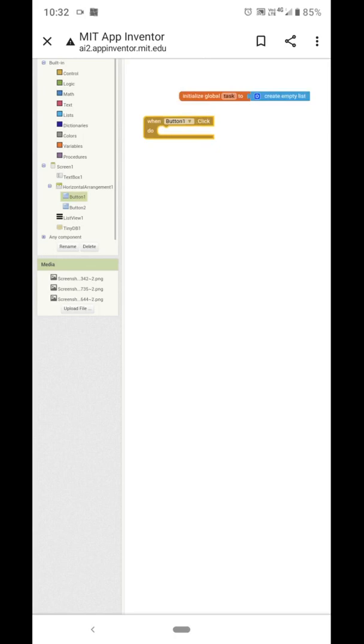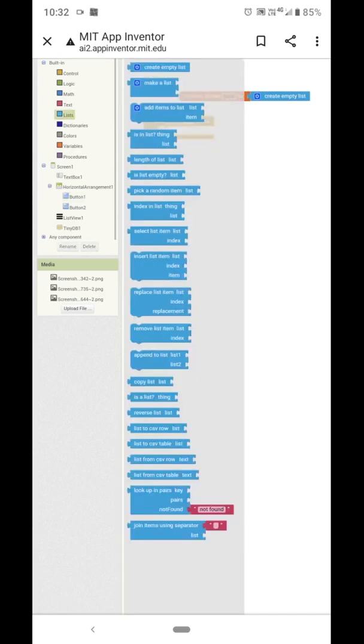When we click on button 1, what will happen? Again click on the list. So we are going to add items to the list. So select add items to the list.